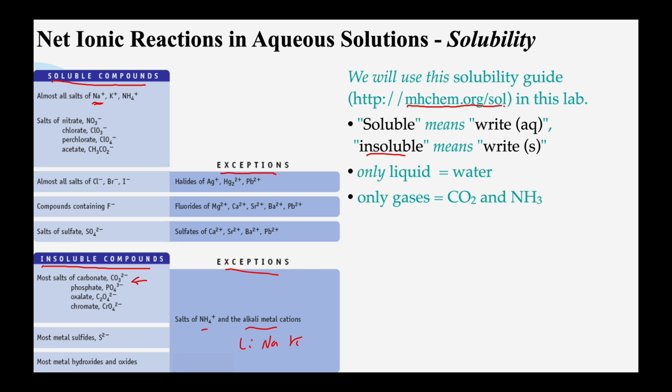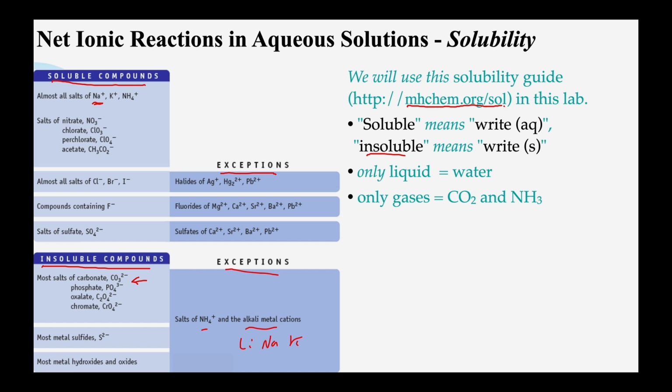The only liquid you're going to see in this lab is water. So if water forms, you would write H2O with an L next to it for liquid. And the only gases you'll see in this lab come from the H2CO3 to make CO2 gas. You might also see NH4OH, ammonium hydroxide, which would break down to NH3, ammonia, which is also a gas. But those are the only two gases you're going to see. So there's only two gases. There's only one liquid. So most of the time you'll be trying to figure out if something is soluble or